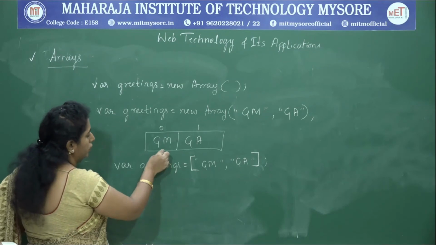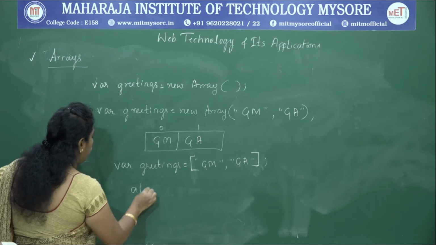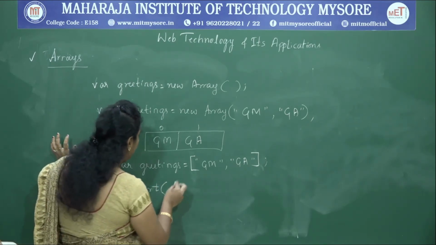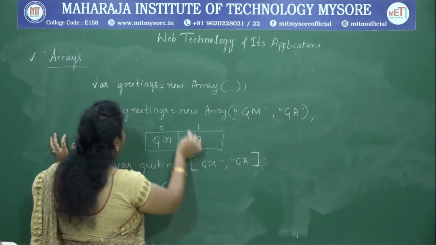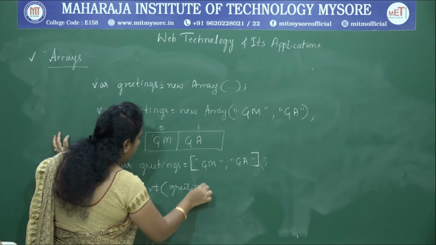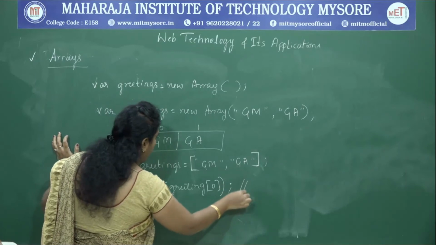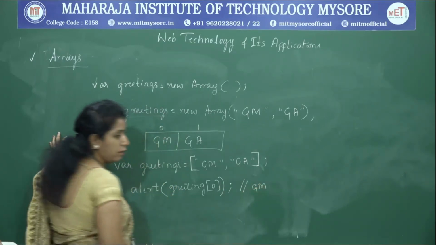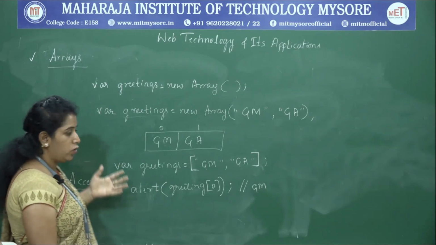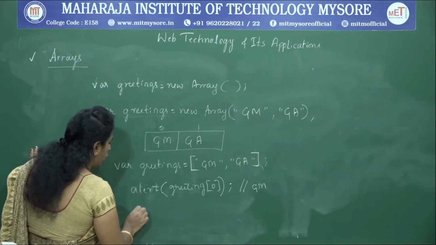See, I want to print content of 0th index. So what I can do, use alert, or you can use document.write. Alert there. So this is stored in which array? Greetings array, right? So greetings in which index? 0th index. So this time you will get an output as good morning. Got it? So in case you want to print all the elements of an array, what can you do?